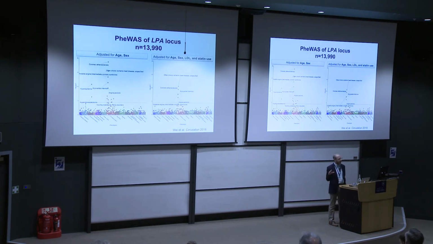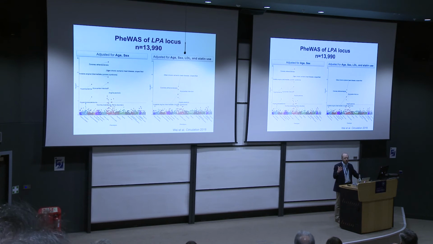So this represents a potential drug target for residual cardiovascular risk, and so we did a PheWAS of this locus, and this relates to some of the stuff Robert Plenge was talking about. You can see most of the phenotypes that are identified represent indications that are all on target for cardiovascular disease. So with the PheWAS, potentially you could identify adverse effects as well, which would have pleiotropic effects that could be other indications or adverse effects. One of the things that's interesting over here is you can see it's not quite statistically significant, but in the neoplasm range, there are actually lung cancers that fortunately had the same direction of effect, but not something you would expect to necessarily be associated with the LPA locus. That wasn't statistically significant, but is close, and maybe with larger sample sizes would be worthy of